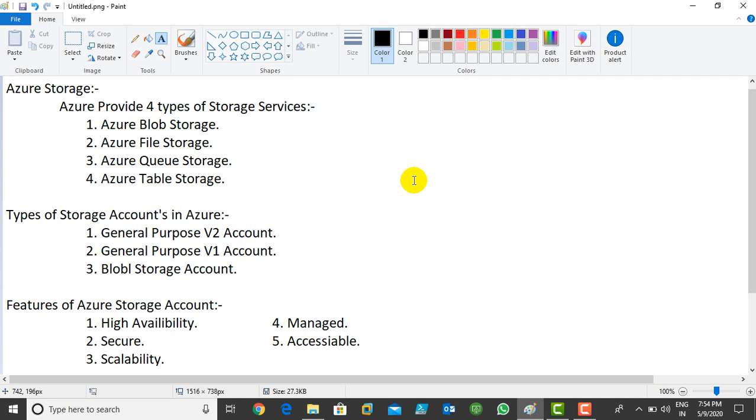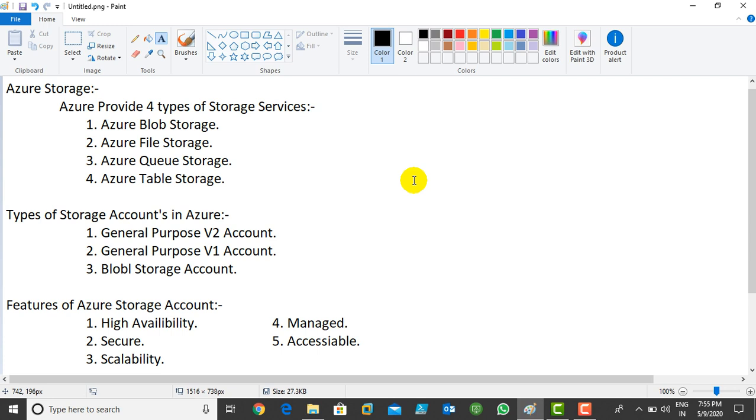Unstructured data means data which is not in a structured manner. What can we do in Blob Storage? We can save it. Imagine we first need to create one container in Blob Storage. If I want to save pictures, I create one picture folder and then save the pictures.